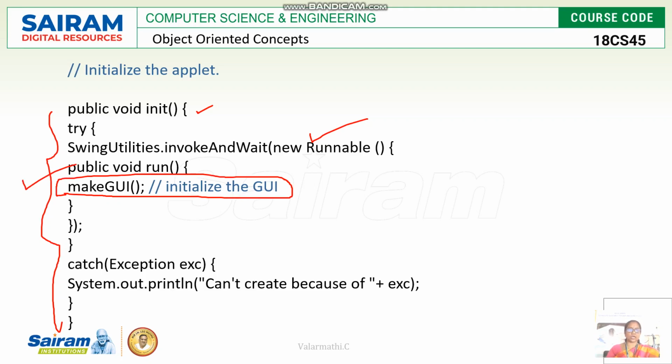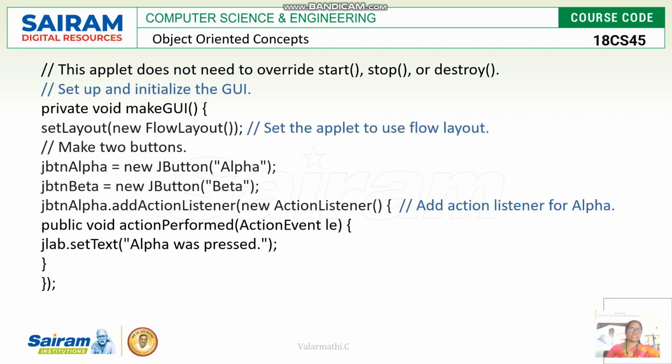makeGUI is invoked in the run method. We can see the definition of makeGUI in the later portion. Whenever the applet is going to be initialized, it should be displayed with its GUI environment. To display it, this makeGUI method is invoked. It is done with the help of the try concept, because whenever the code has to be monitored, that code can be written inside the try block. Then this is the exact definition of makeGUI.